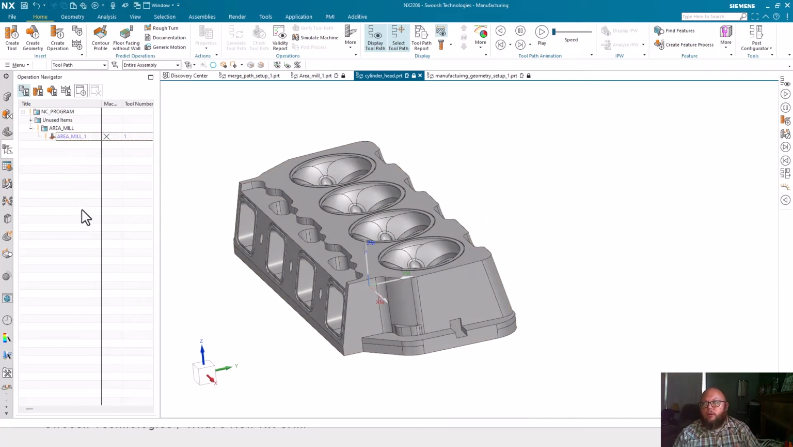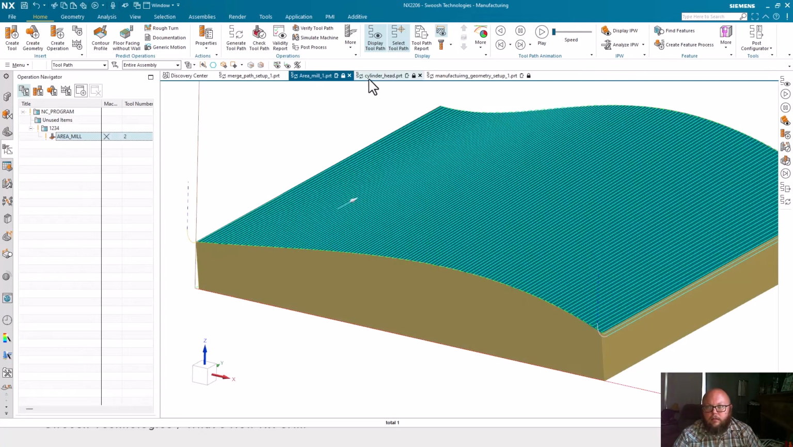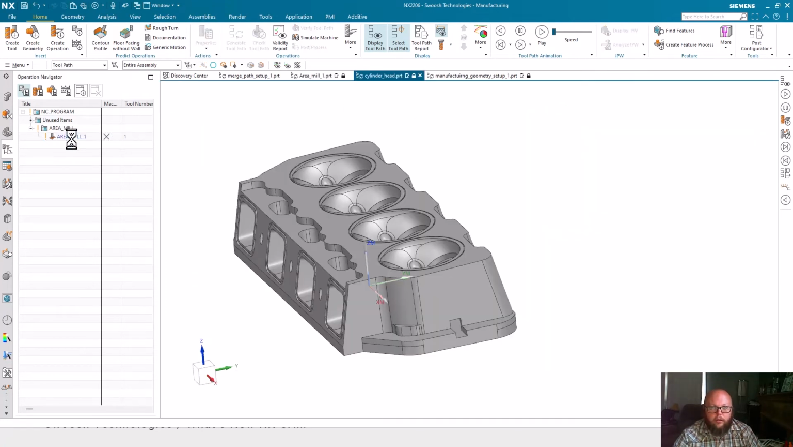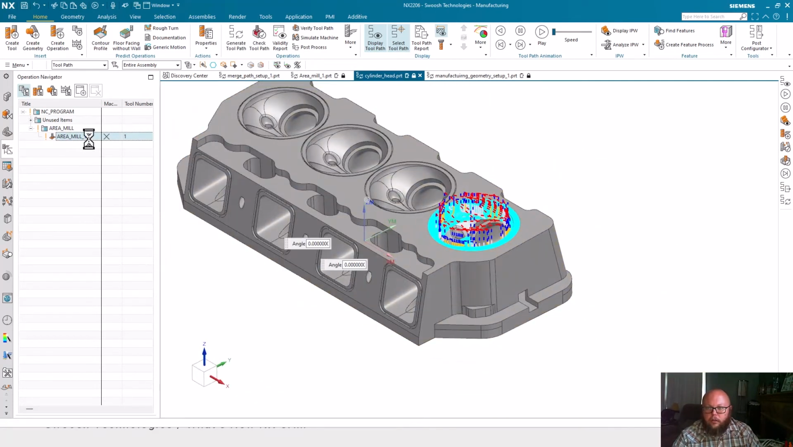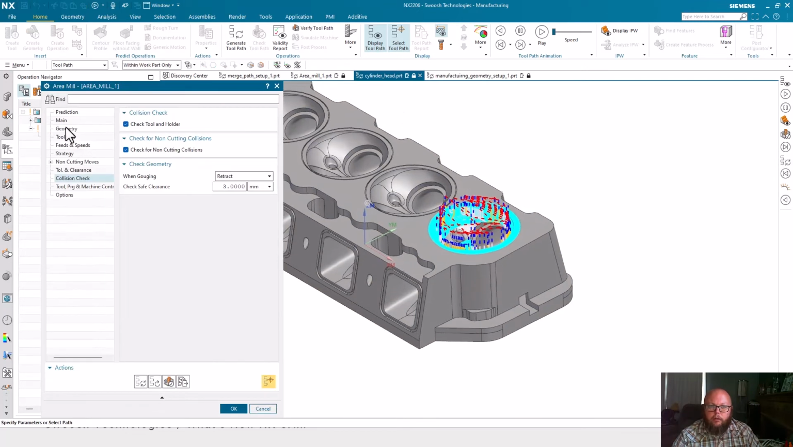But maybe you don't want it to be applied to your whole part. Maybe you only want it to be a portion of your toolpath. So there's a couple other things we can do here. And in this case, let me go back to that cylinder head. Again, here we have, with our cut regions ignored, I'm going to go ahead and actually generate or create these